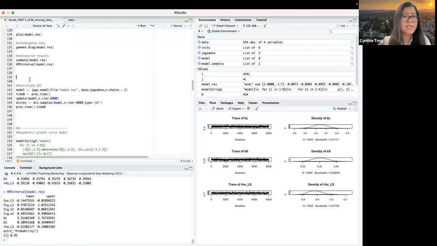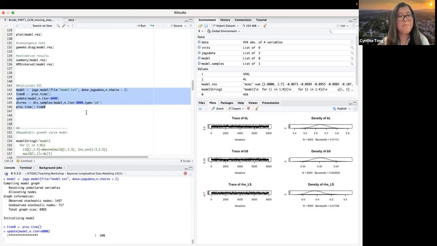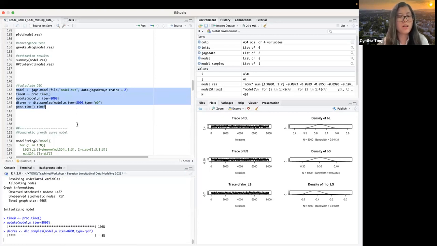And in order to calculate DIC using JAGS, we have to specify 2 chains, because like I said earlier, Plummer defined a corrected DIC value with 2 chains. So in that case, we have to set the number of chains equal to 2, and then we can run these and use the DIC.samples function to get the DIC values. Because it has 2 chains, it may take a little longer than with 1 chain.